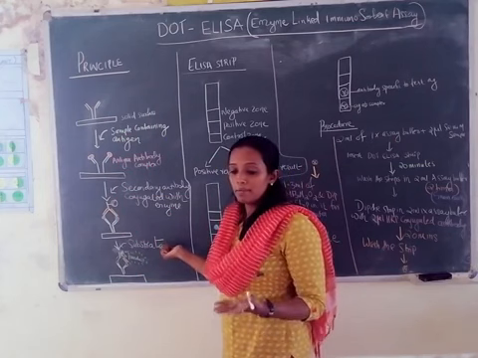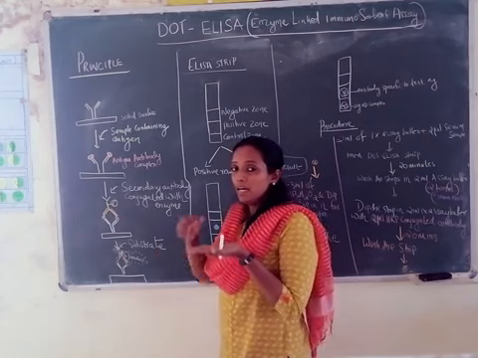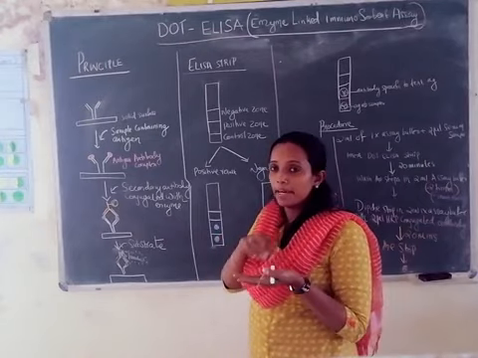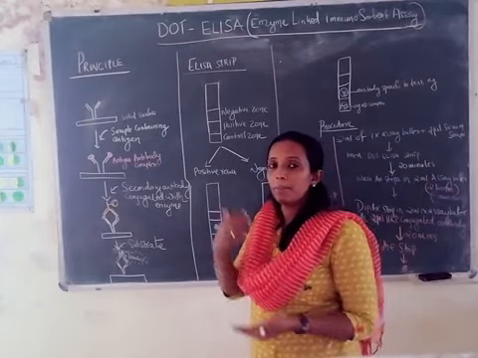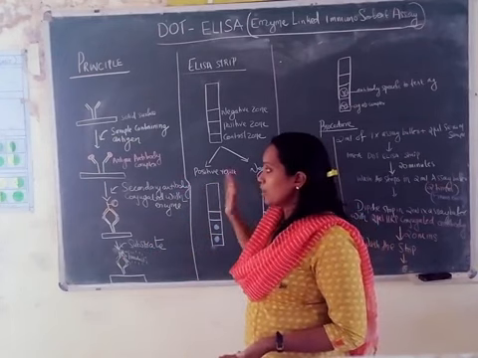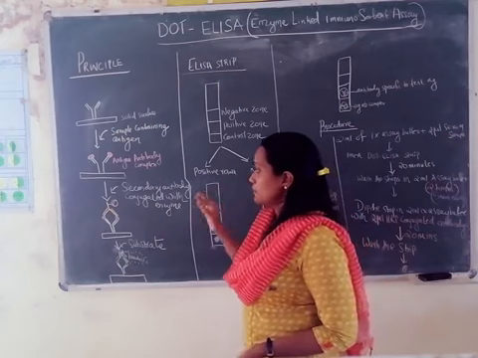In the quantitative method, we will be using an ELISA plate. You remember the ELISA plate? I have shown you in the theory class. In the ELISA plate you take the sample, and after all the reaction you get a colored product there, and you have to keep the plate in the ELISA reader to note down the reading. But here we are not doing that, we are just observing, or we are going to find out whether the antigen is present in the given sample.